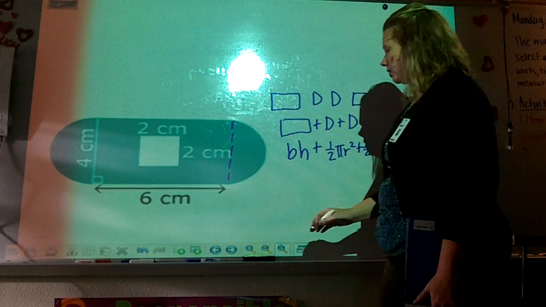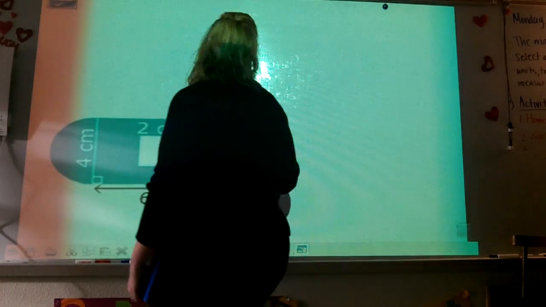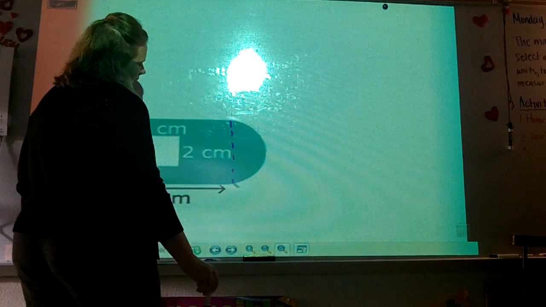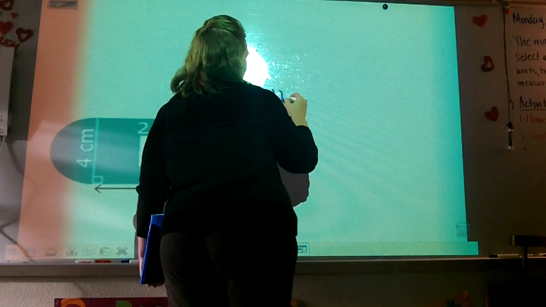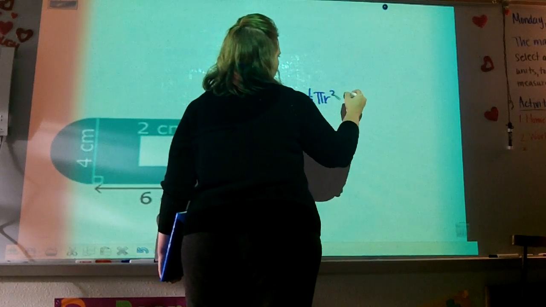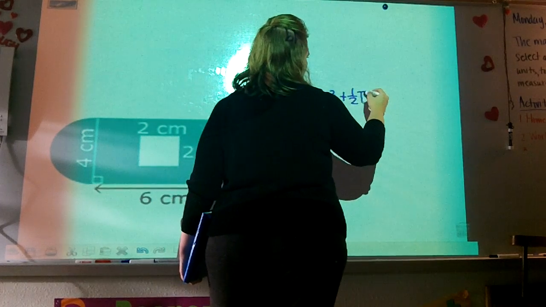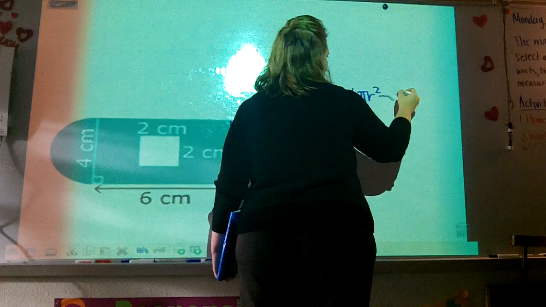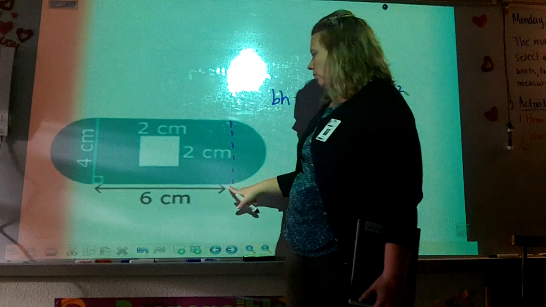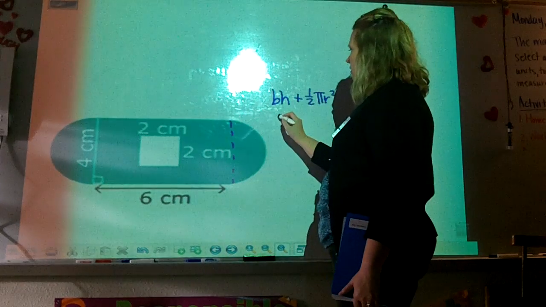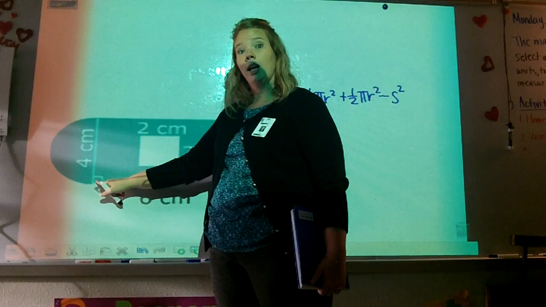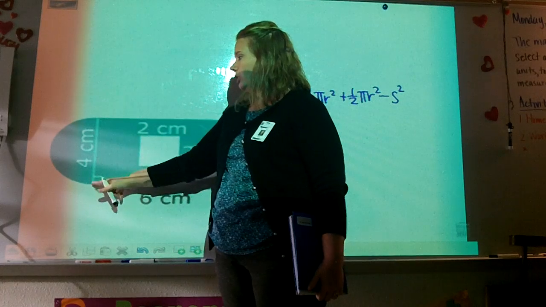Now again, I'm going to switch to the next slide. I'm going to draw in what I can see. And I'm going to write out the formula again. Base times height plus 1/2 pi r squared plus 1/2 pi times r squared minus side squared. Now I need to find the base of that rectangle. The base of that rectangle is 6. Multiply that by the height of that rectangle, which happens to also be the diameter of my half circle, which is 4,